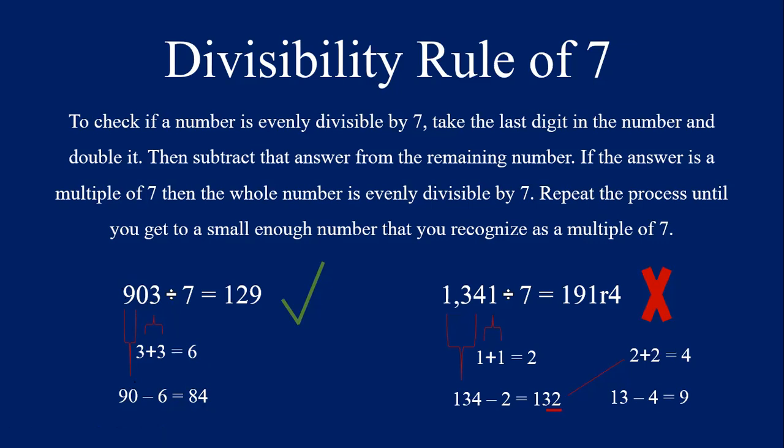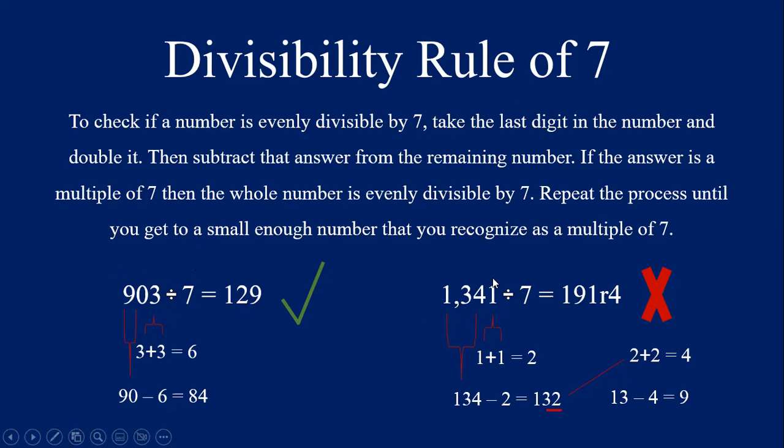Now, is 84 a multiple of 7? Yes, it is. If you know your multiplication times tables, you know that 7 times 12 equals 84. And so we would know this number, 903, is evenly divisible by 7 by using this rule to help us check. And the answer is 129. There's no remainder. Let's try another one. This equation is